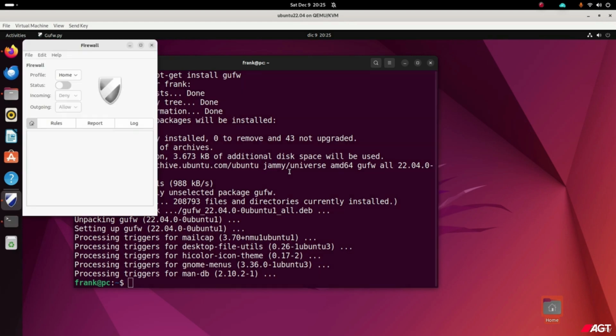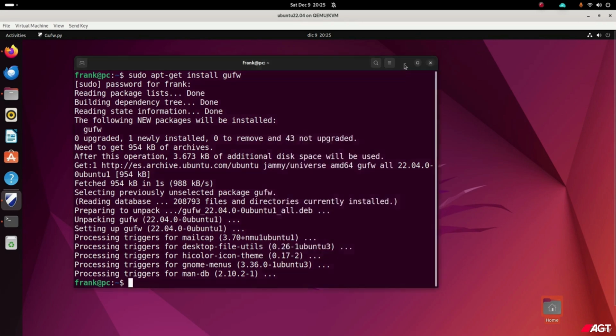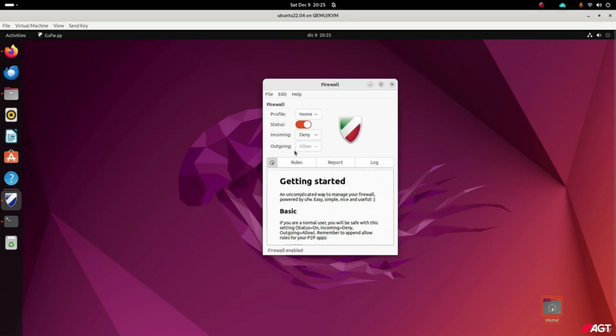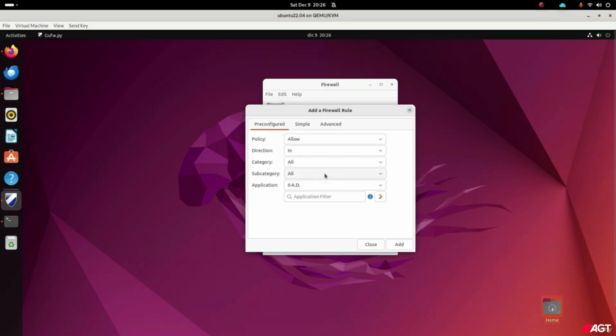So we run the firewall, and you'll see now we have a graphical interface. You'll see the status is not running. Turn it on, we can simply turn on the switch. Now the firewall is running. You can allow or deny incoming and outgoing traffic. You can click on rules and then add any rules. For example, click the plus. Select what kind of protocol, for example, TCP, UDP, general communication protocols, what port or service. So it has quite a big interface, but you might prefer this over